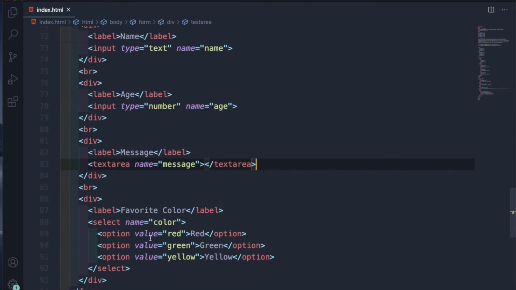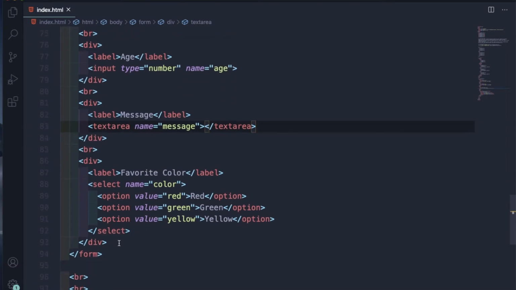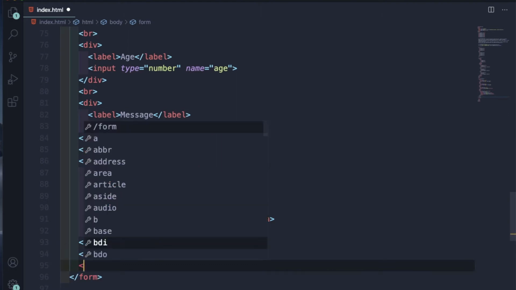So the next thing which we will create, which you will find in almost every form, is the checkbox. You get these checkboxes where you can select multiple checkboxes. So next we'll do that. So let me do that. First I will give that break row again, then after that a div,